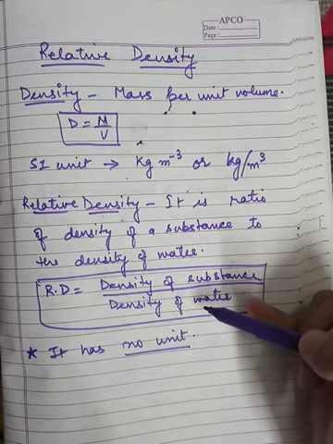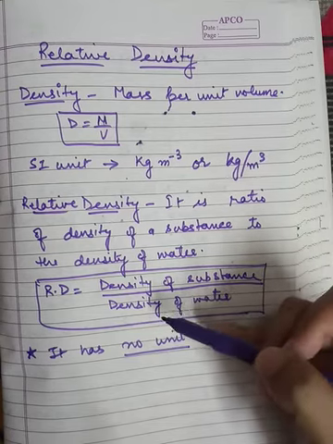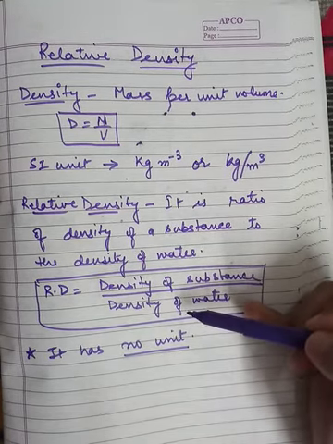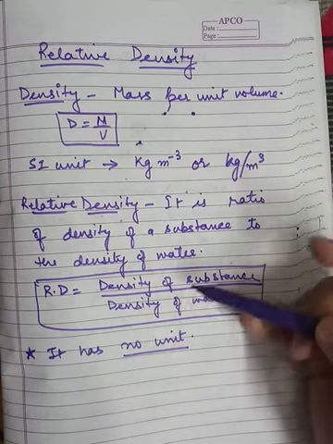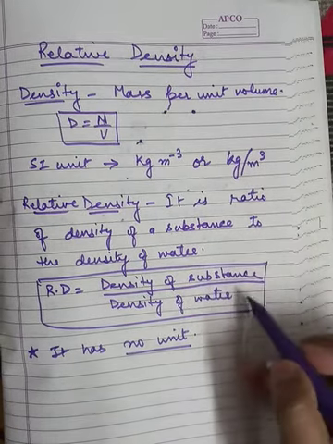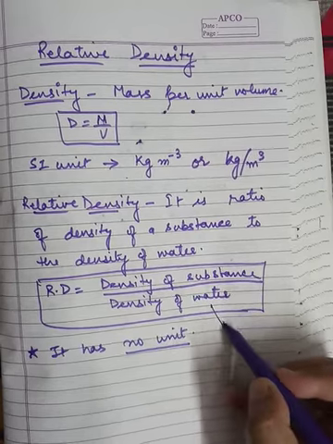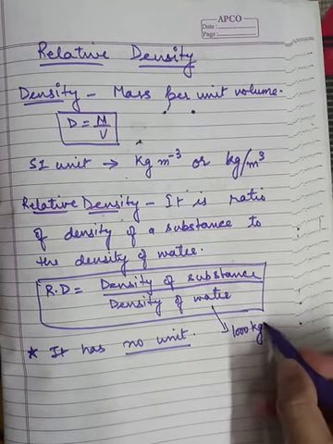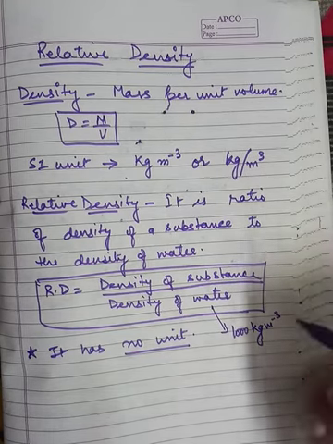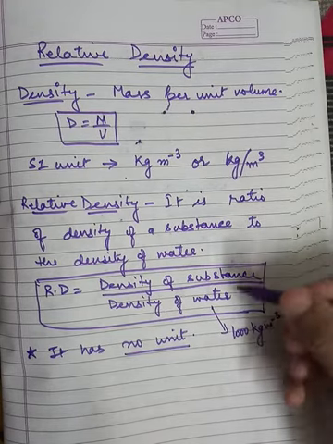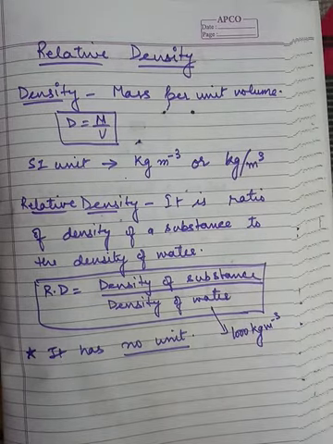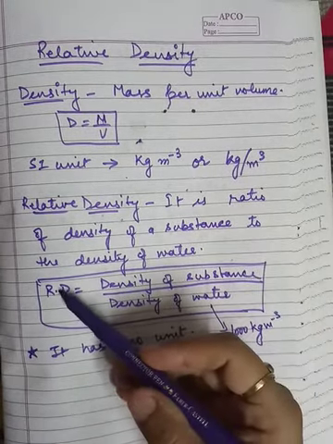It is very simple. Now we know the density of water, that is a standardized value, it is 1000 kg per meter cube. So what is the density of water? It is having the value of 1000 kg per meter cube, standardized value. So that value is standard value, and according to that, if we find out the ratio, that will be relative density.